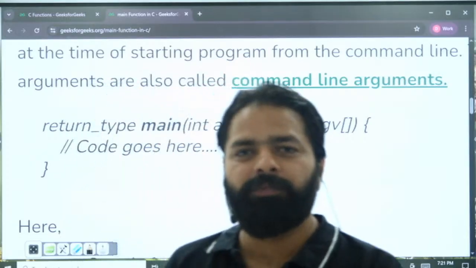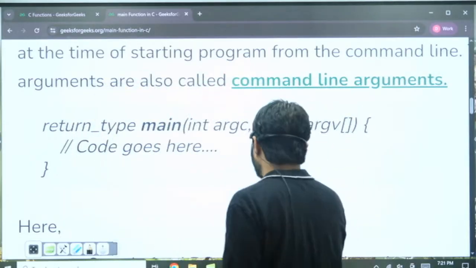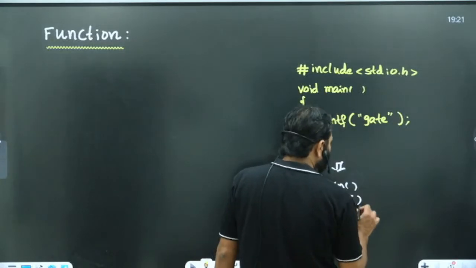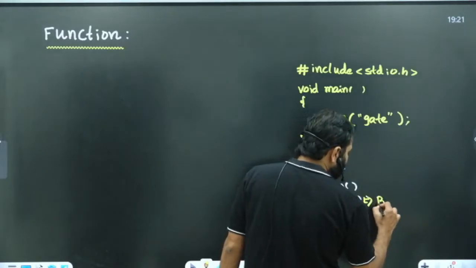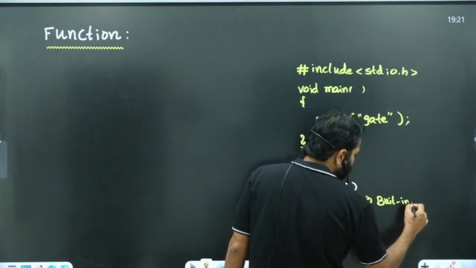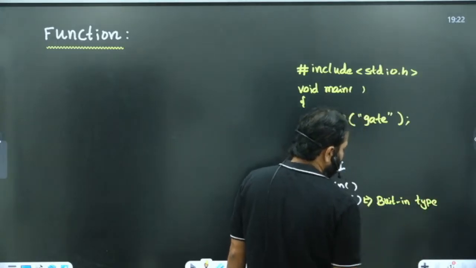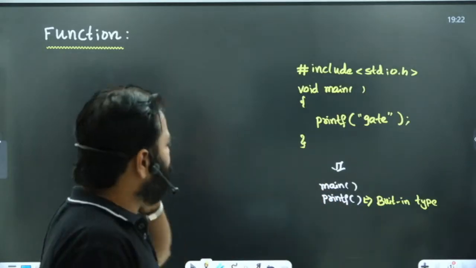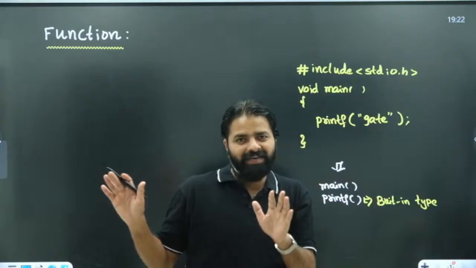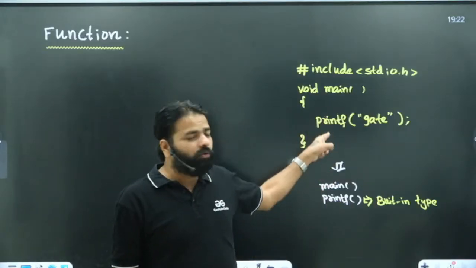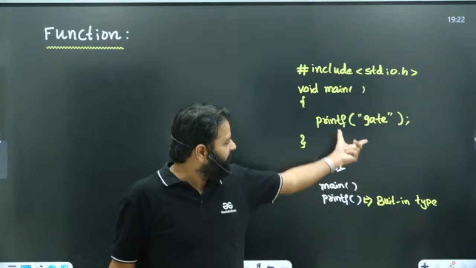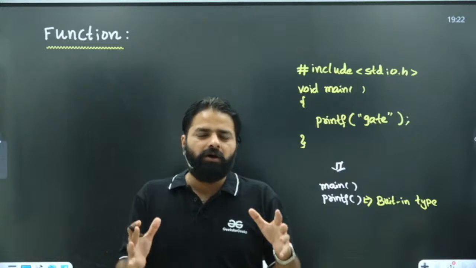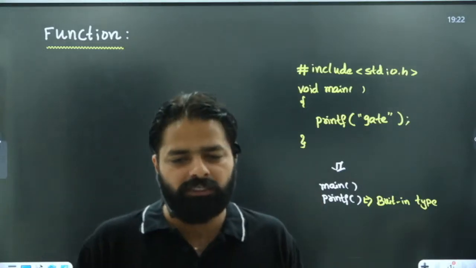You should know what main is. And no doubt printf is definitely built in, because you are just calling it. What is main? If main is built in, then you should not write code inside the main. Remember that. Because you should just call main like printf. With printf, you are not writing the code, you are calling it. Are you calling the main? Are you defining the main? You tell me, what is it?